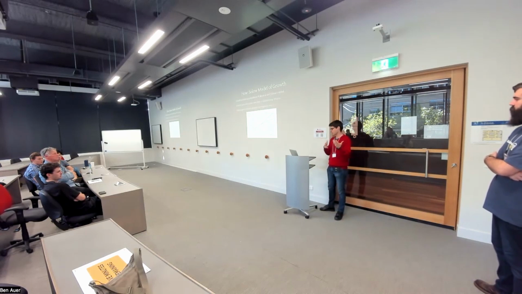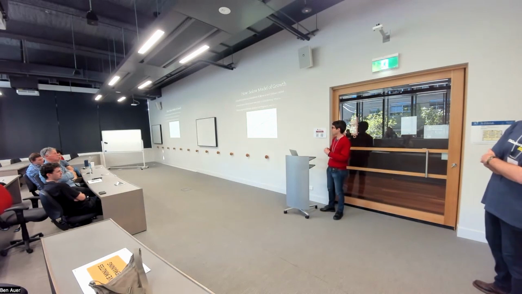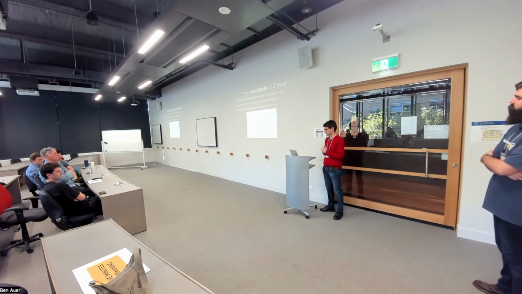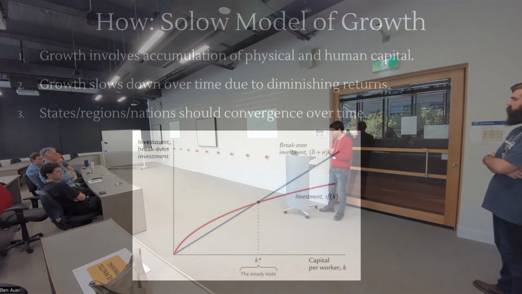Which is, I've described how it happens here. Rostow's stages of growth is the descriptive what, and this is a bit more about the analytic side of how the process occurs. And this is more of a mathematical model, which I won't get into the details of, but it provides a key insight that I think is relevant here, the Solow model of growth.